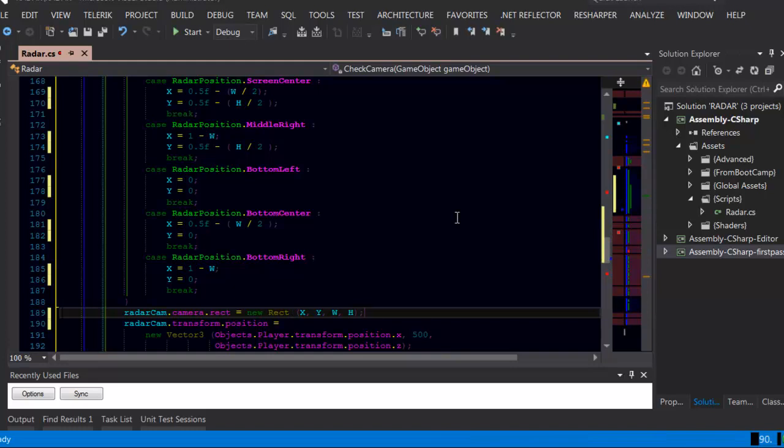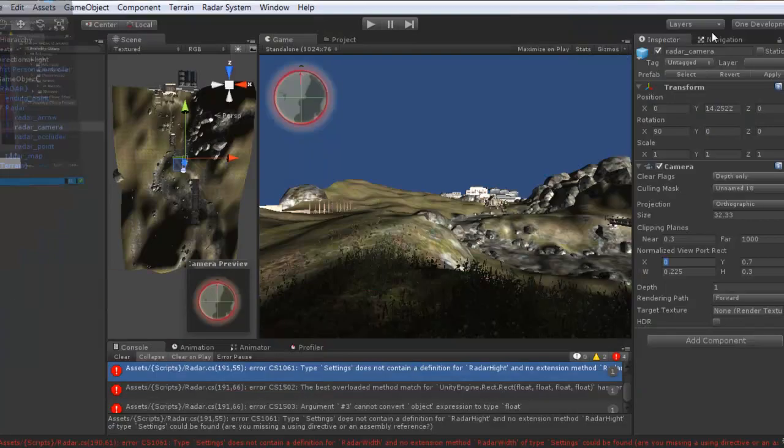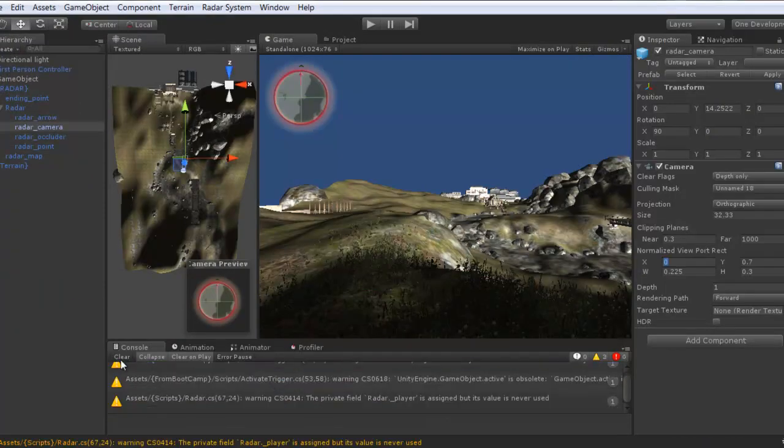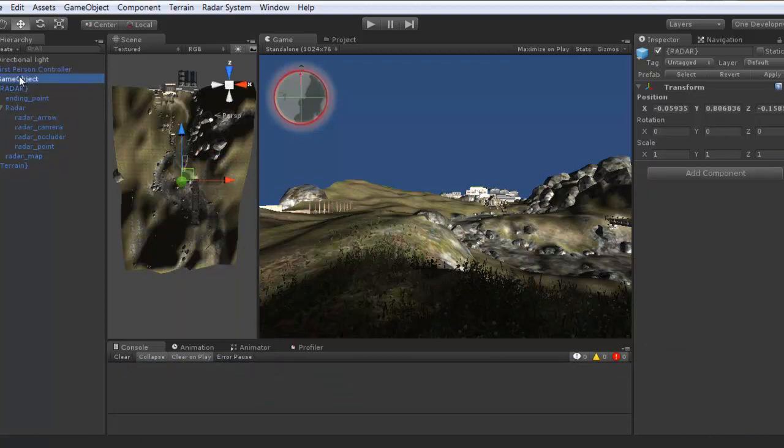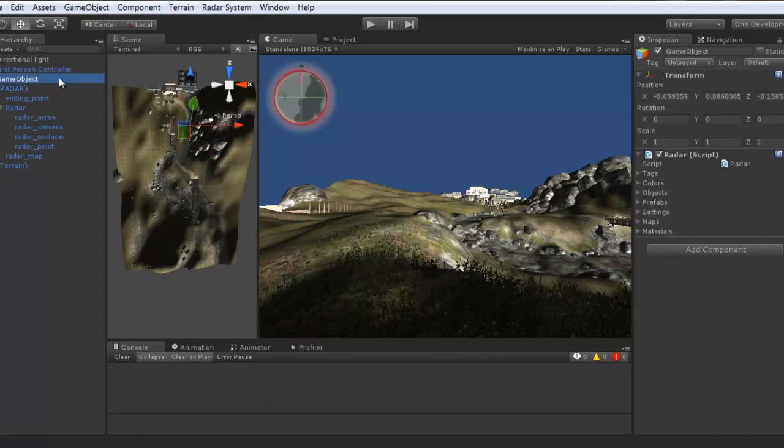Okay. Now the code is okay. All the errors should be gone. And where is my radar system? This is the radar system, so